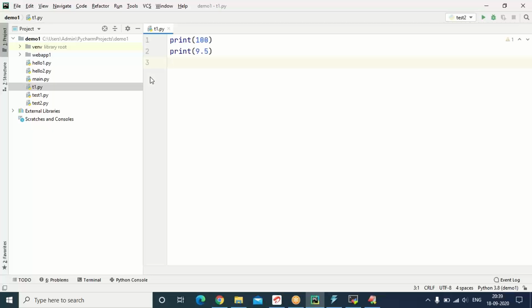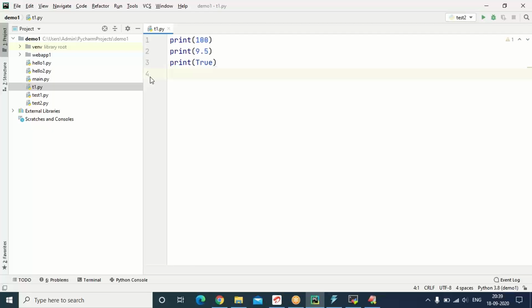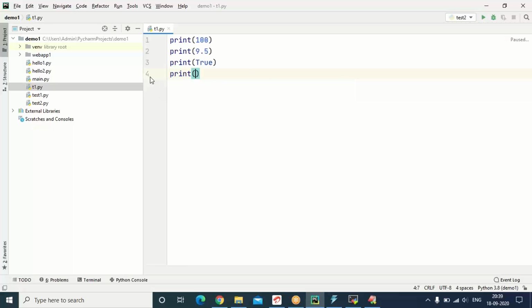You can call it a value or literal. The Boolean value or Boolean literal, it should not be under single quote or under double quote. If anything is under single quote or under double quote, it comes under string.